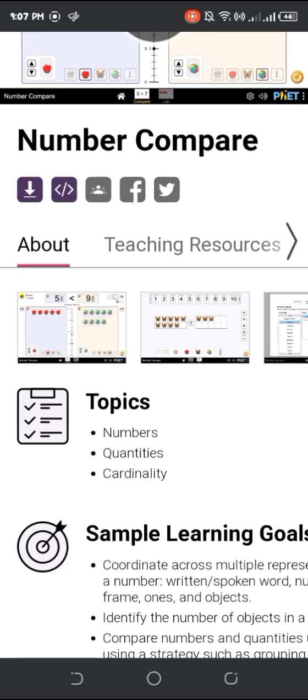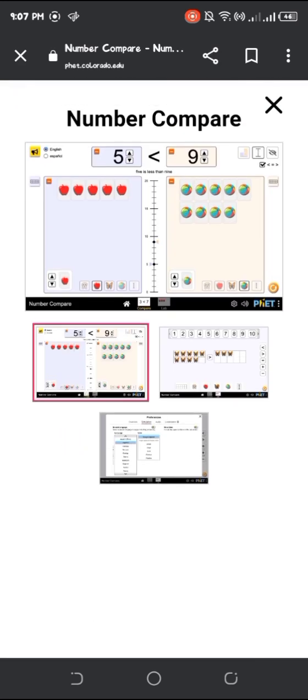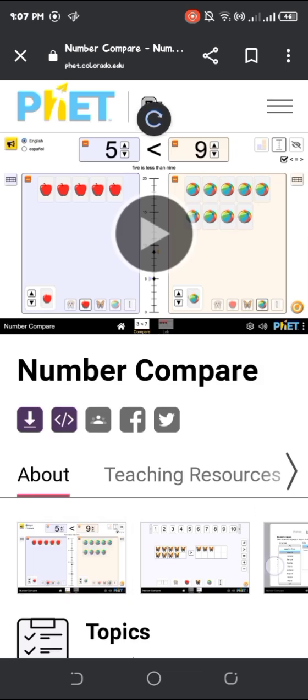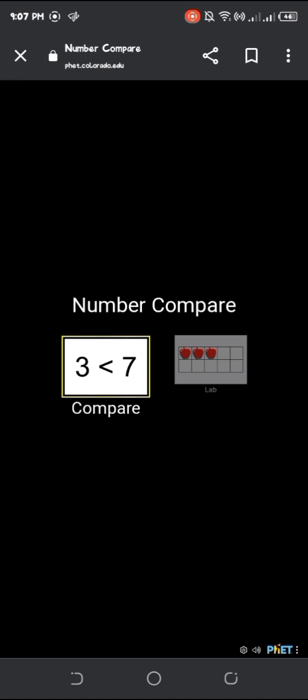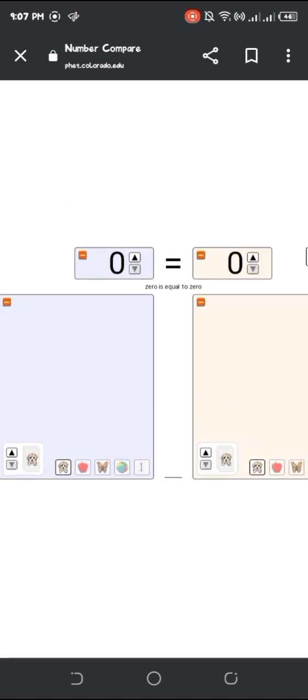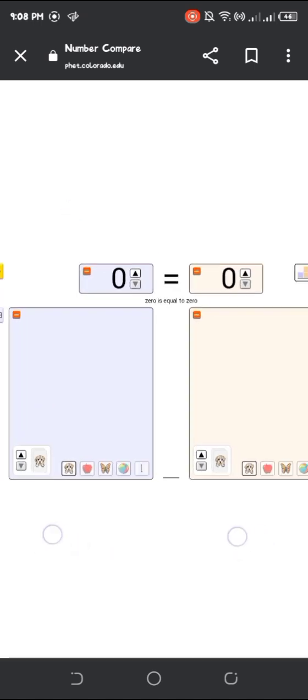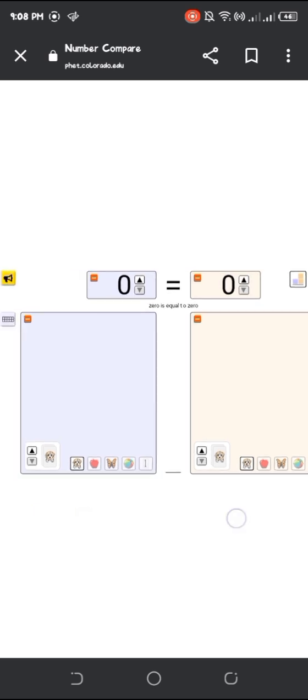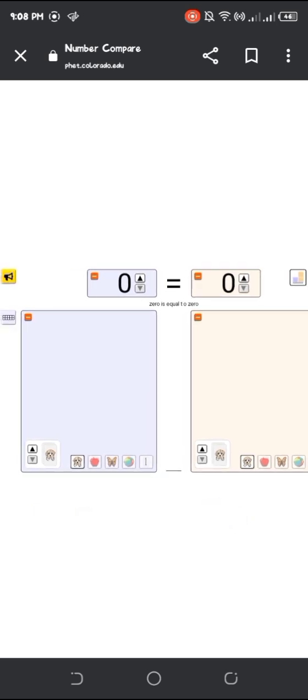Now this is Number Compare. First, you can see that it is about comparing numbers. First, 0 is equal to 0. It's true.